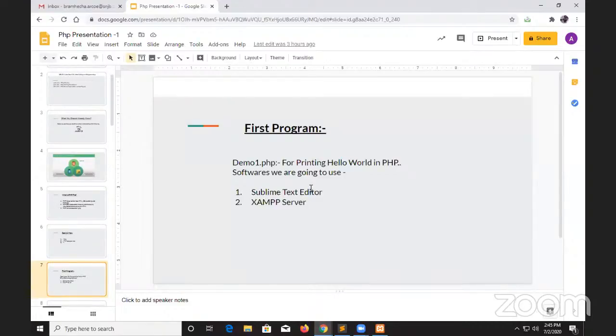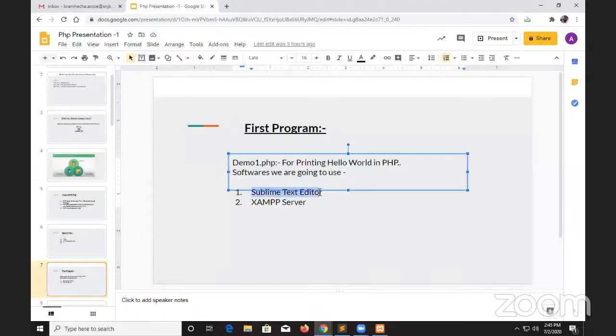I will recommend all of you, when you are working on HTML or JavaScript or PHP or XML or any different programming language, try to use Sublime, because this tool is going to solve all your problems. You don't have to remember the tags. You just have to press Control and space. It will open all the tags which are available, and you can use them accordingly. Okay. And for running the JavaScript or PHP program, I'm using here the XAMPP server, which is freely available.